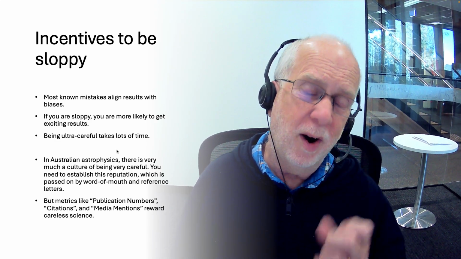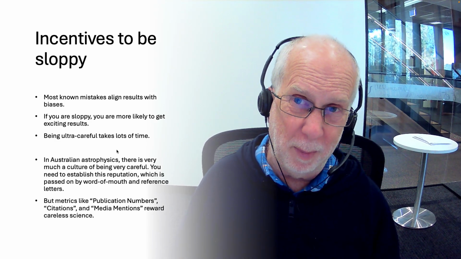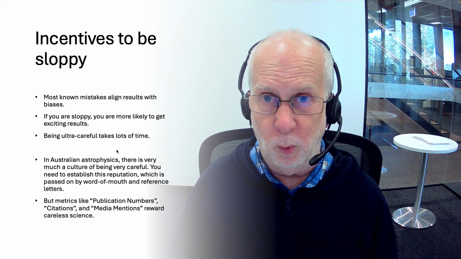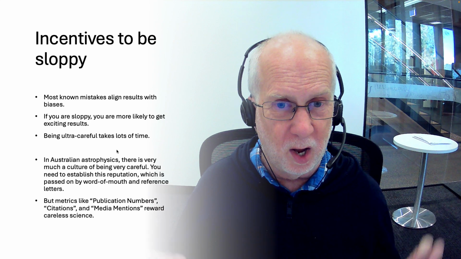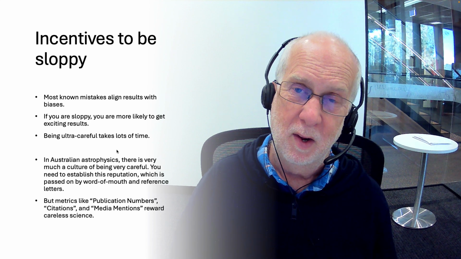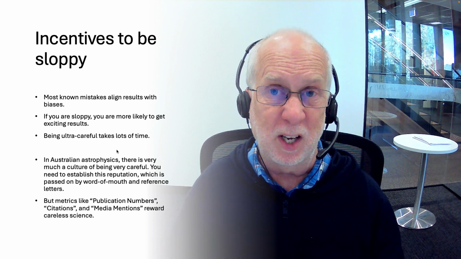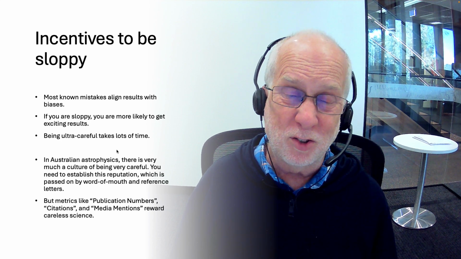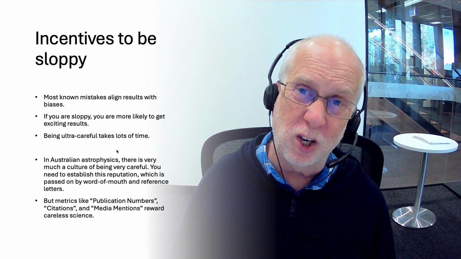And part of the trouble is there are actually incentives to not be careful about these things. People have looked at when there have been results due to cell lines or statistical stuff-ups, and nearly always they tend to err on the side of giving people what they were expecting to get. So maybe if you get what you expect to get, or an exciting result, you don't bother checking too hard, but if you're not getting what you expected or it's not very interesting, then maybe you check harder.